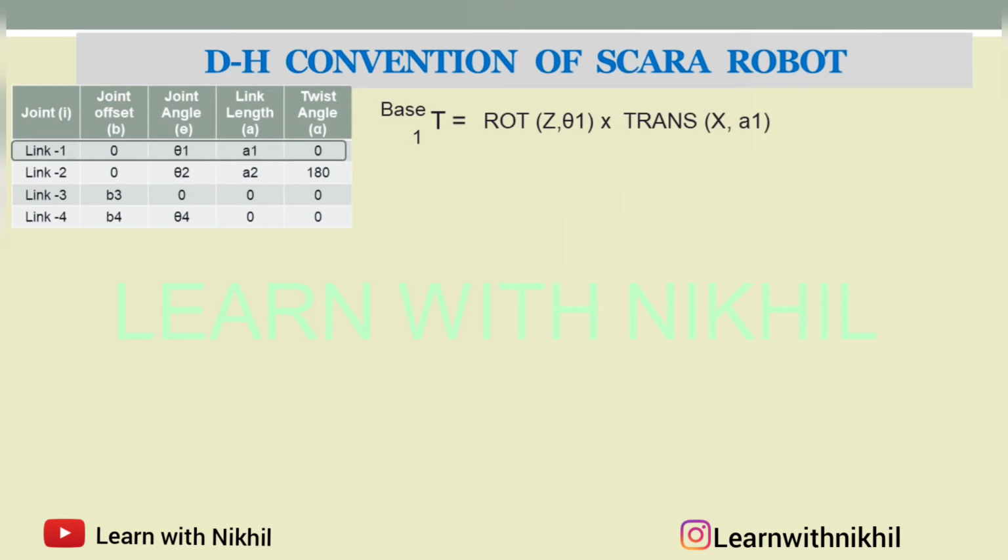Now for the rotation and the translation matrix, you have a standard value for the rotation about z axis with an angle of theta 1. This is the standard matrix, that is C1, nothing but cos theta 1, minus sin theta 1, sin theta 1, cos theta 1, and the remainder is the identity matrix. This is for rotation of z comma theta 1.